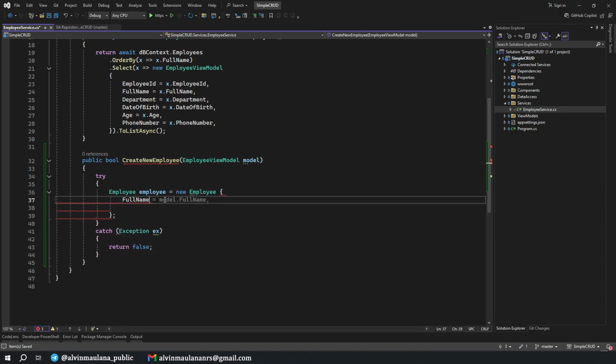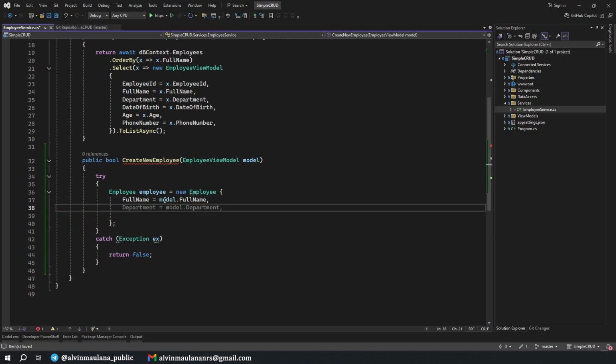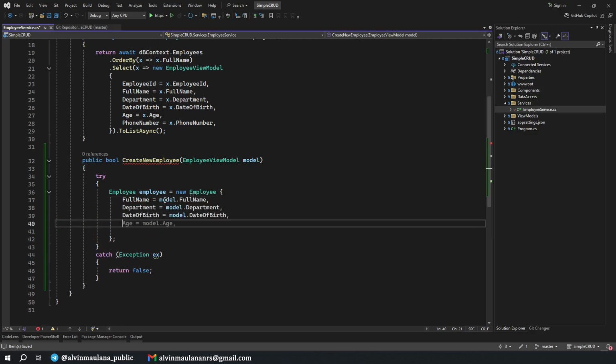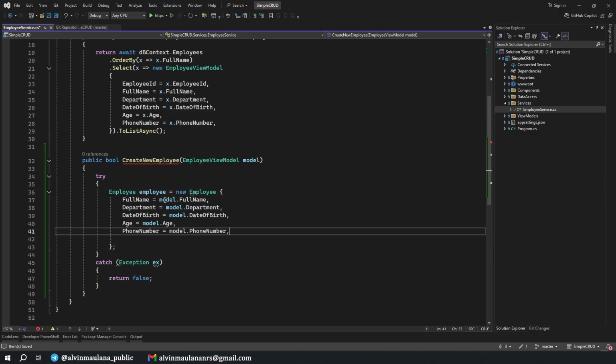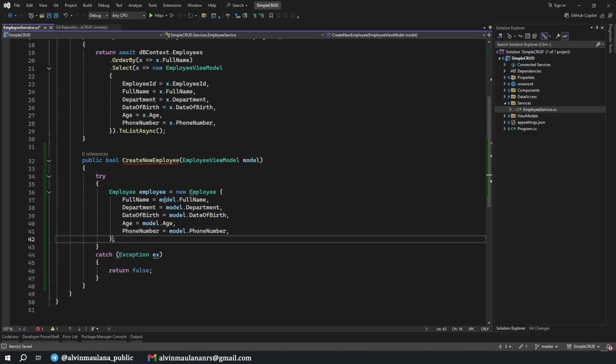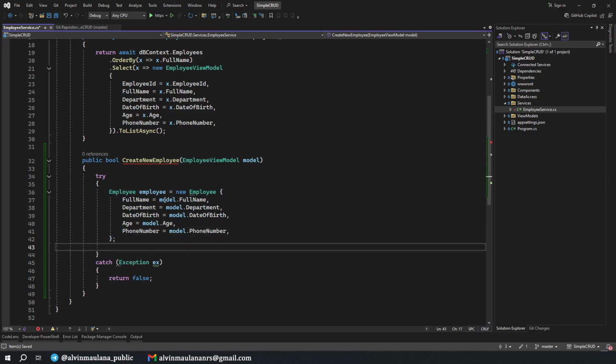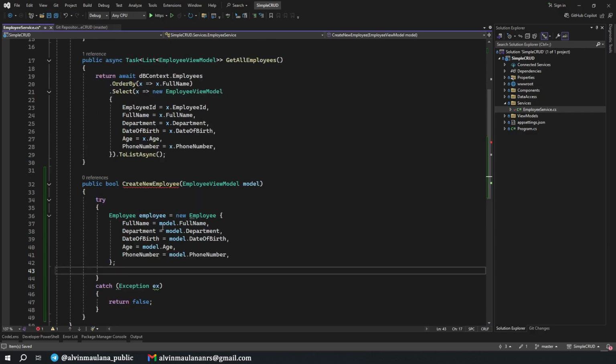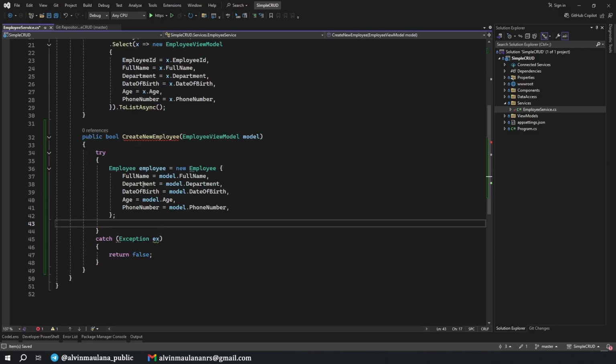First, it's full name from model full name. Okay, nice. Department, date of birth, age, and phone number. Thanks to Visual Studio for helping us autocomplete that. We're not mapping the ID because ID is automatically created when we submit this data into the database.